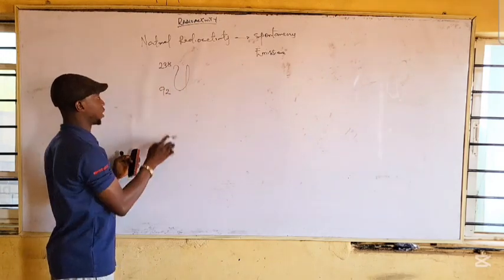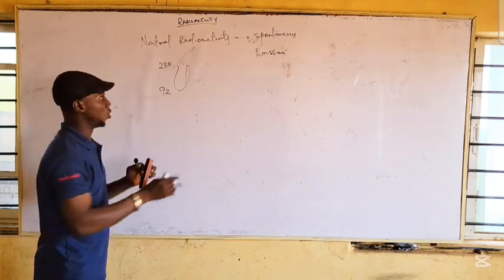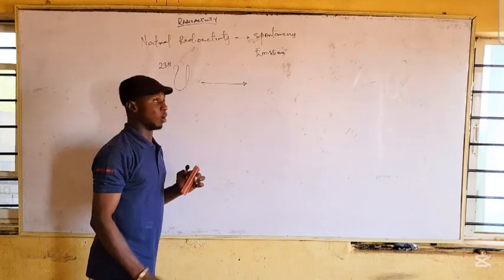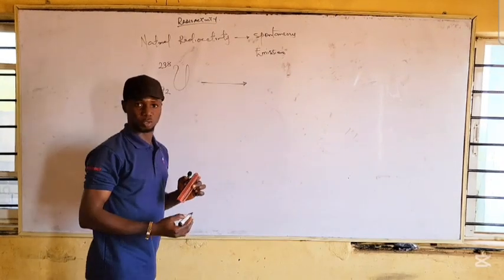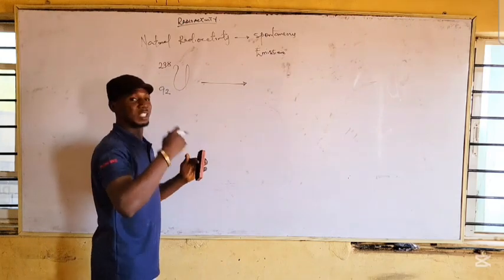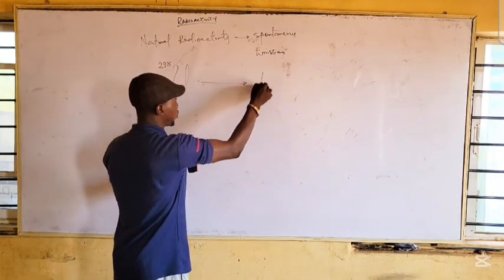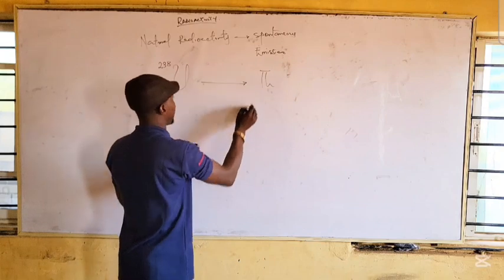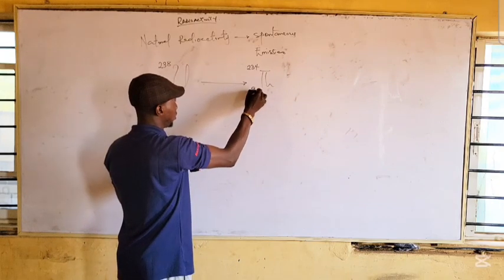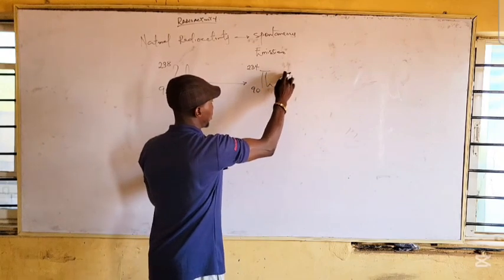Uranium with mass number of 238 and atomic number of 92 undergoes natural radioactivity, or undergoes emission, or undergoes decay, or undergoes disintegration to form thorium, Th-234, 90, plus